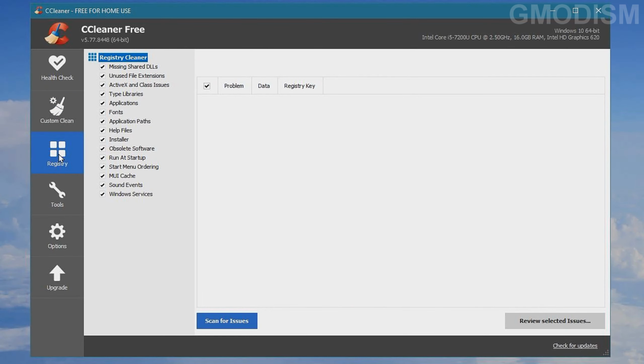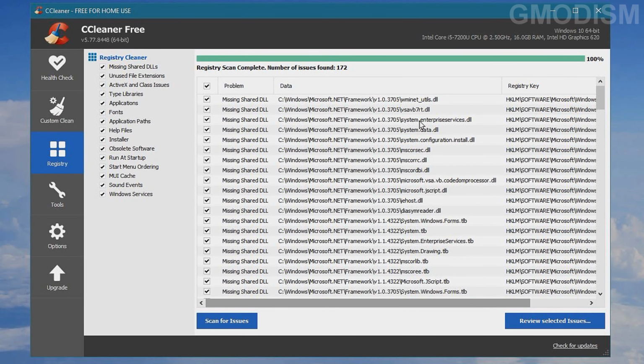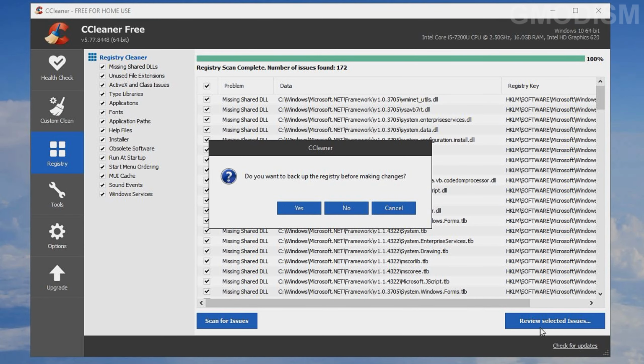And now we can go to Registry and let all these be checked and just scan for some different keys and weird data in the registry. So wherever you have missing stuff and weird stuff going on in the registry that's not proper anymore and changed, it leaves some junk behind, and usually this junk is very small, but if you've never done this clean, it can be a substantial amount. So it's worth running a registry check, and you just review selected issues, which is all, and it asks you